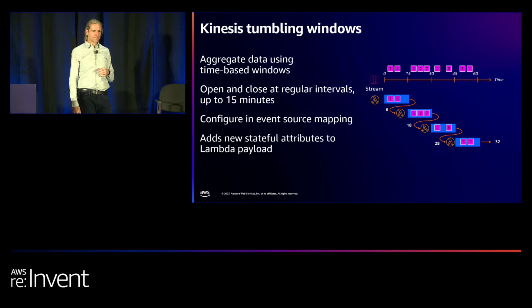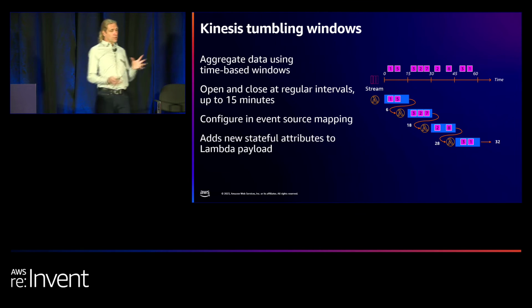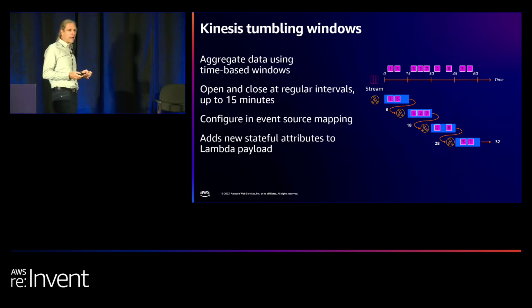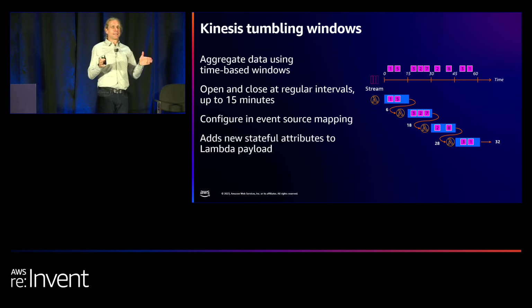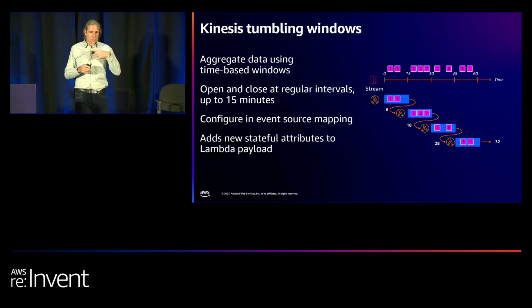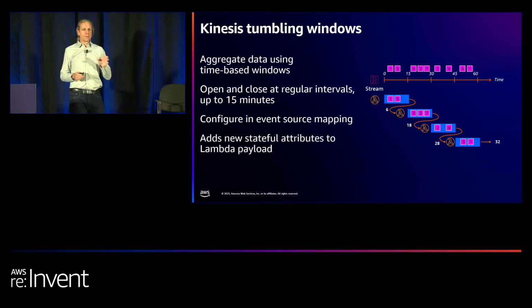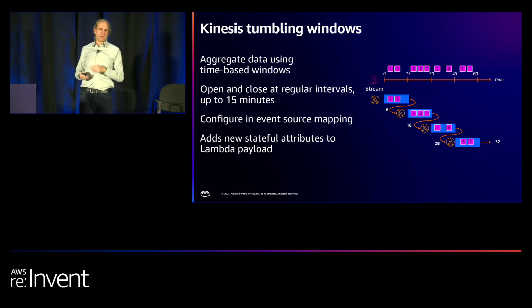Now, just something that Kinesis does, which is really cool, is there's a helpful additional setting called tumbling windows. And this you can use for some simple data aggregation. So what you can actually do is pass the state across multiple Lambda functions to calculate aggregates in near real time. And this is maybe an alternative way which you can use for some analytics solutions when it's simple enough. So a tumbling window in Lambda is a fixed size time interval, which you configure within your event source mapping, of up to 15 minutes. And then records in the stream are grouped by the window and then sent to the processing Lambda function.